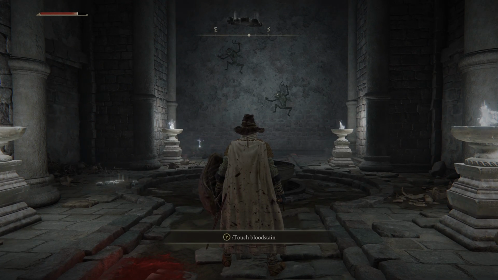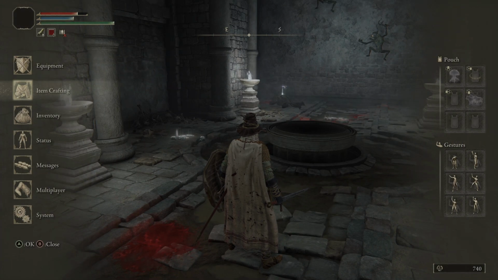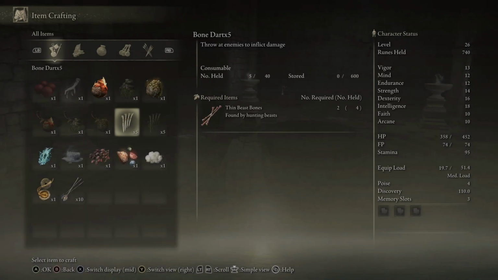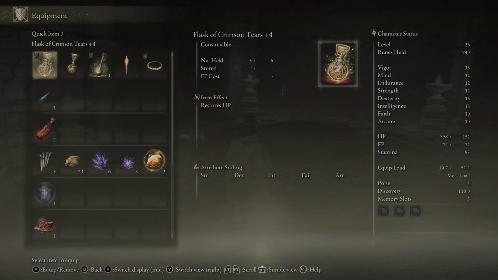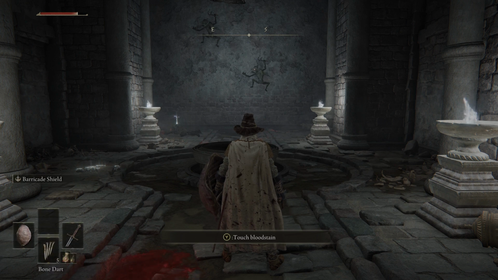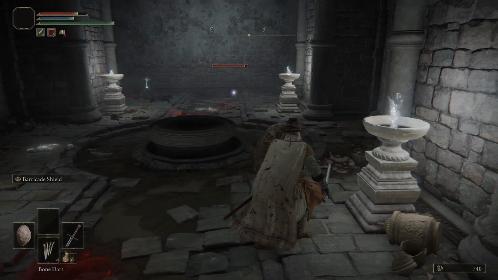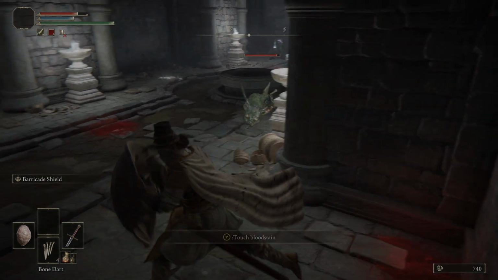Now, you see there's guys on the wall up here, and I don't like to just go in there. They want you to grab that item. We're not going to do that. We're going to make some of these. Go to our equipment. Equip them. And then we're going to use them one at a time to draw these guys off. And we're going to duck behind this pillar so he can't throw something at us. And then when he gets close...